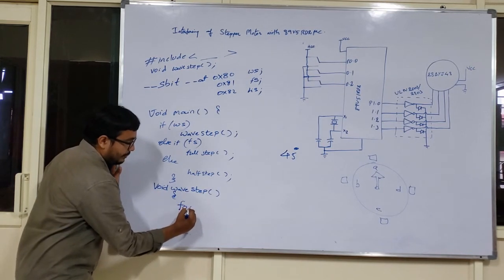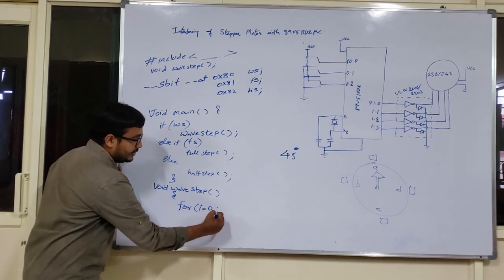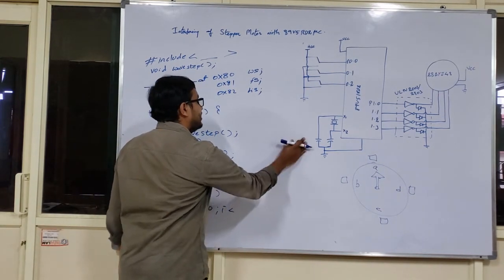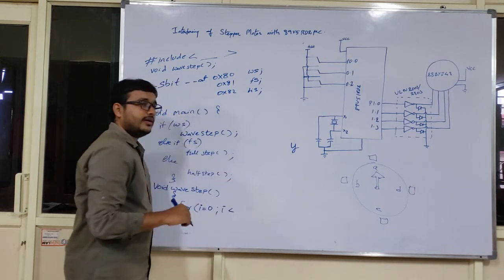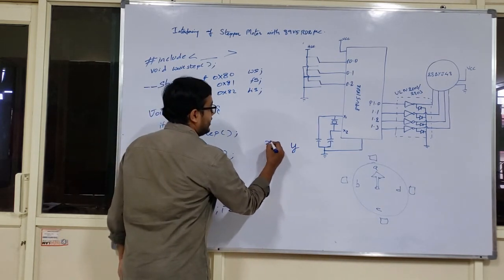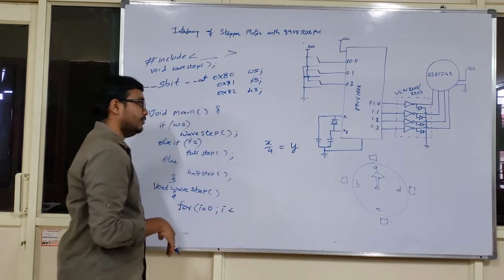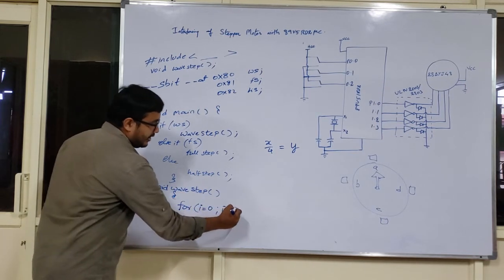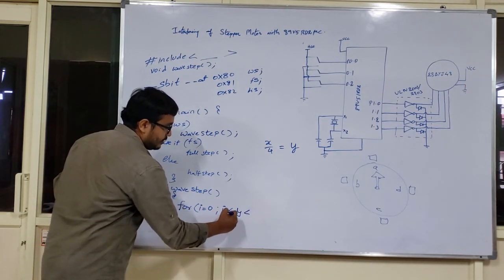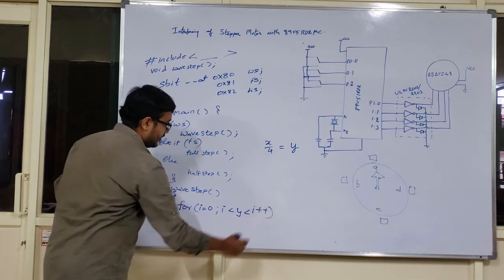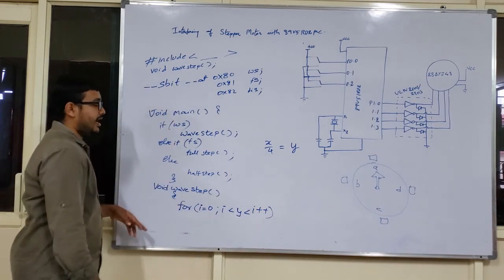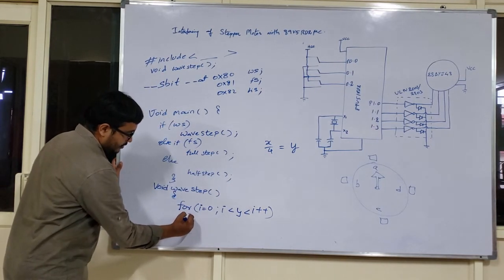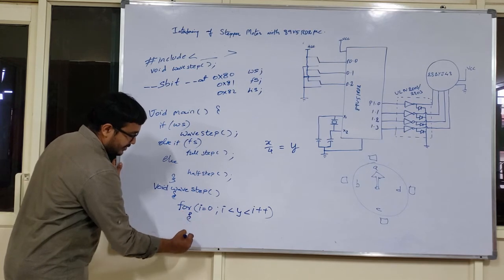The definition I am going to complete it like this: for I equal to 0, I is less than y. So we have got in the earlier explanation the y variable, right? This y is nothing but x by 4. If you remember, you are able to get a value of y, and that value of y is substituted here. I equal to 0, I is less than y, I plus plus. Because it is wave step excitation mode, I am having here 4 unique instances. So now complete the programming. It is your job. So for loop is there, and open the brace and close the brace.